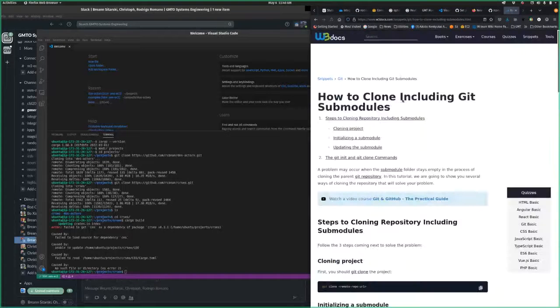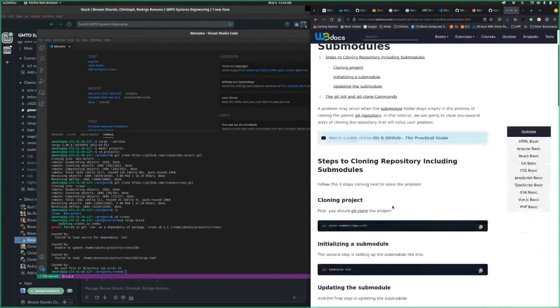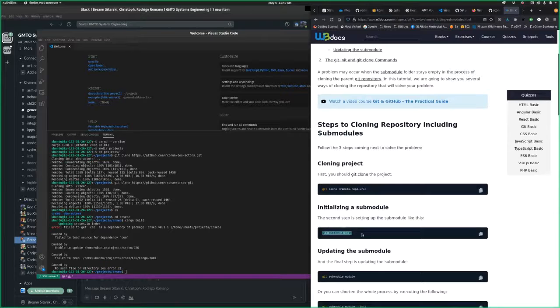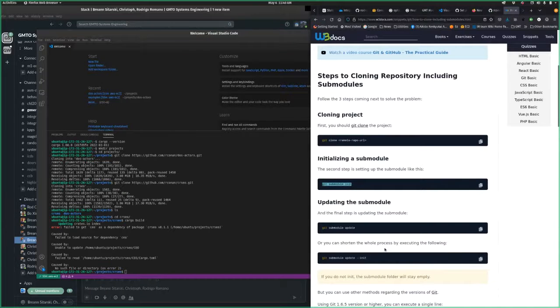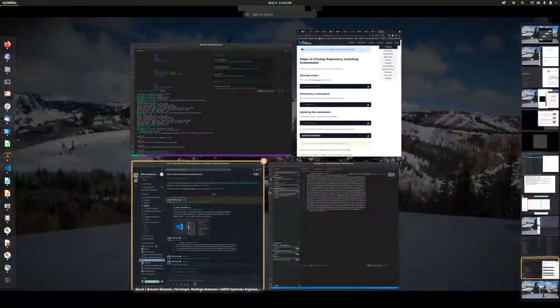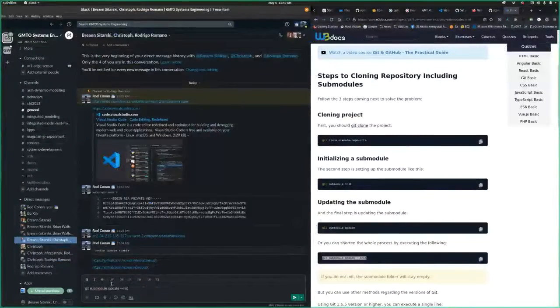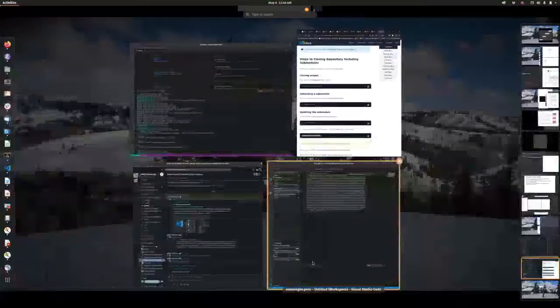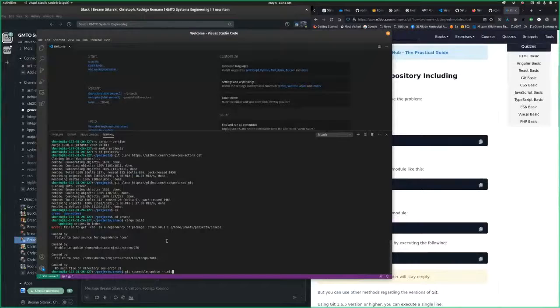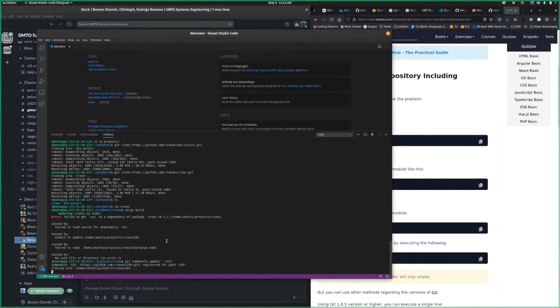Okay. Let's do that. Cloning a project, and we need that probably. Okay, better this one. I put that in Slack. Let's see. The module updated. Okay. So now,